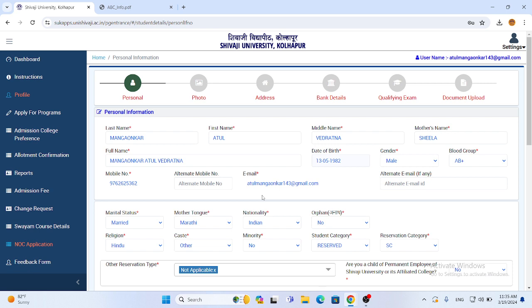You have to select your examination center for appearing in the entrance examination, the center where you are going to appear for the entrance examination. After selecting that center, you have to proceed further for payment of rupees 600. Click the Pay Now option, and later you will be redirected to the Axis Bank payment gateway.